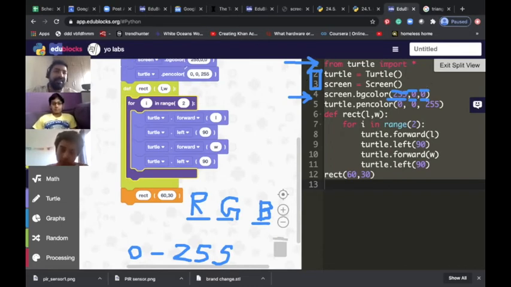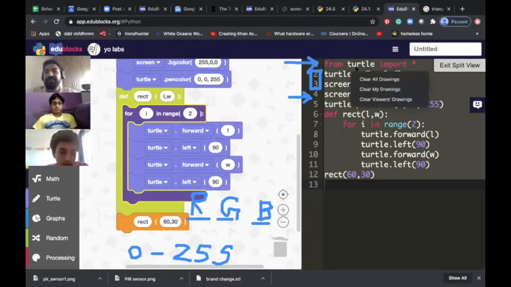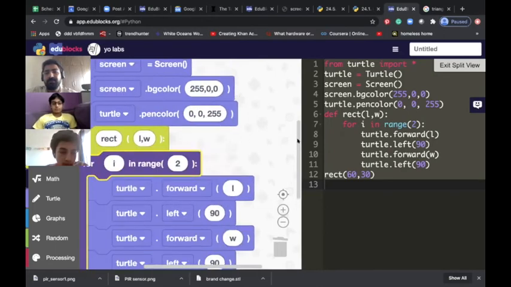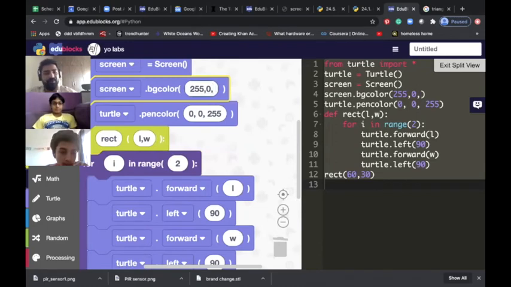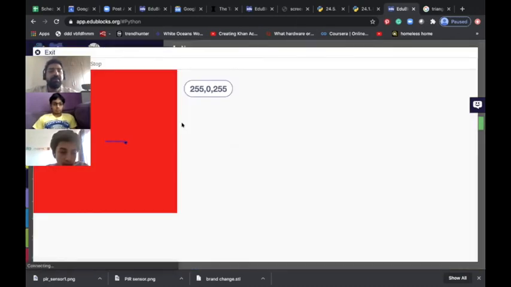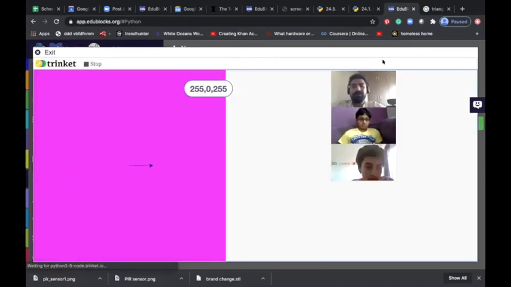Okay, let's see. Before running our code, we will check with Mridul also because he is now the RGB expert. We will check with him whether it will work or not. Okay, before that, let me clear all these things. What I'm doing here, I'm making it 255 as Shailesh has asked me. And now I will just go and run my code. This is not blue.